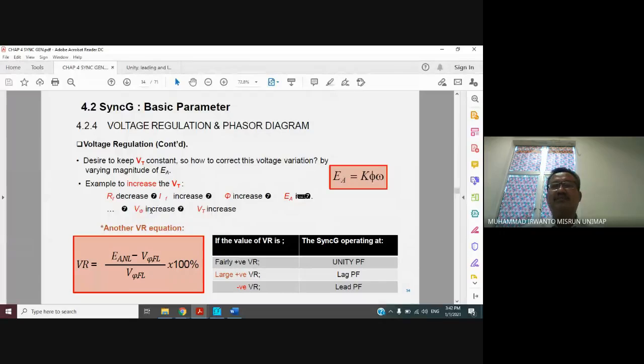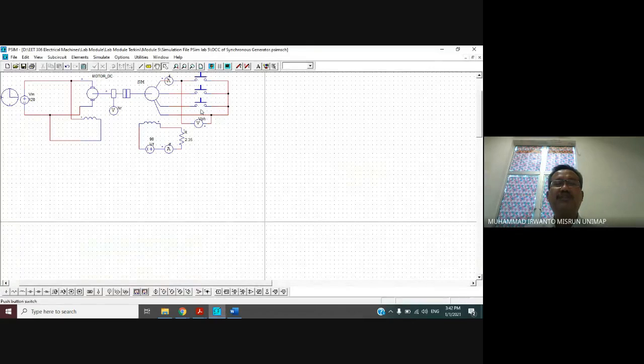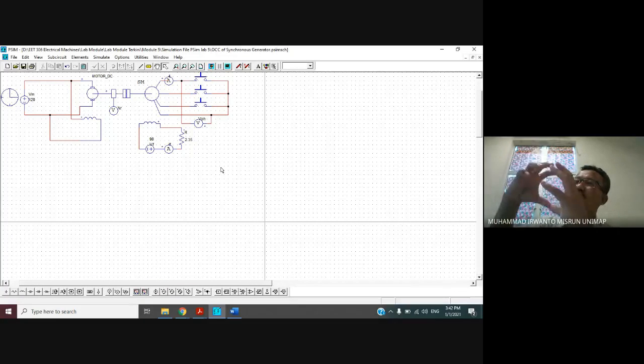Okay, and then, when you look at this simulation, I repeat again. One synchronous generator, the rotor is constructed by the winding, and the winding is connected to the DC voltage source. The DC voltage source can be separate, meaning from a battery or connected to a DC generator coupled together with the rotor of the synchronous generator, or self excitation.